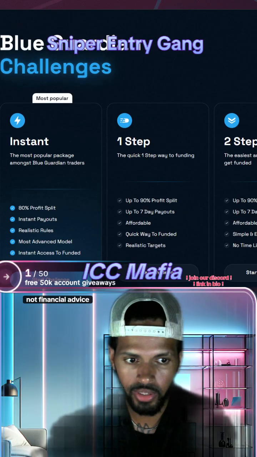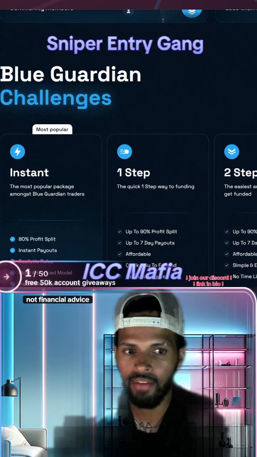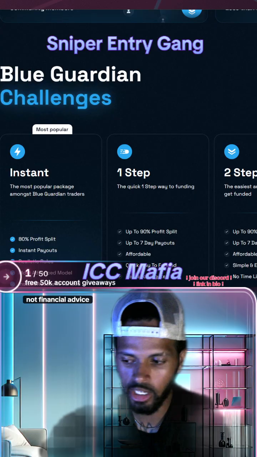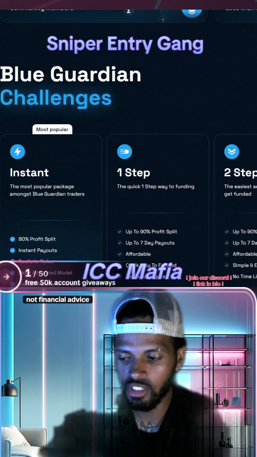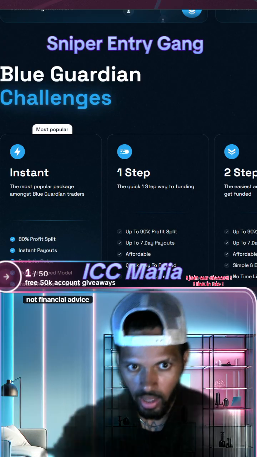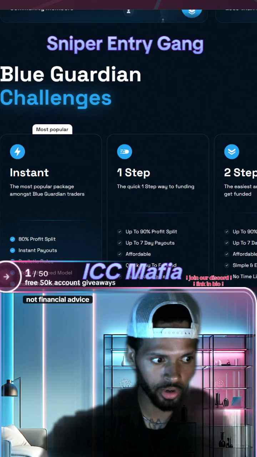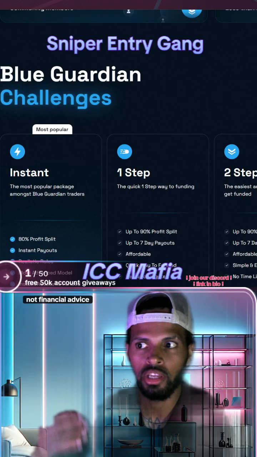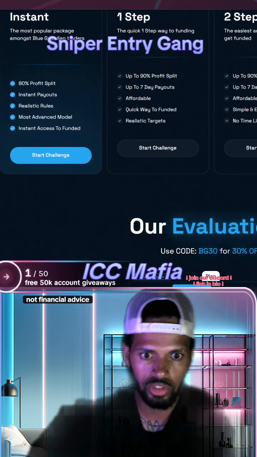QT Funded two-step account is what I use. They have no consistency rule in the funded stage. My Funded Futures Scale 50K account has no consistency rule, and Alpha Capital Group advanced accounts have no consistency rule. Again, I recommend them once you become a better trader. But for somebody that is starting off, the consistency rule should not really affect you as long as you're consistent